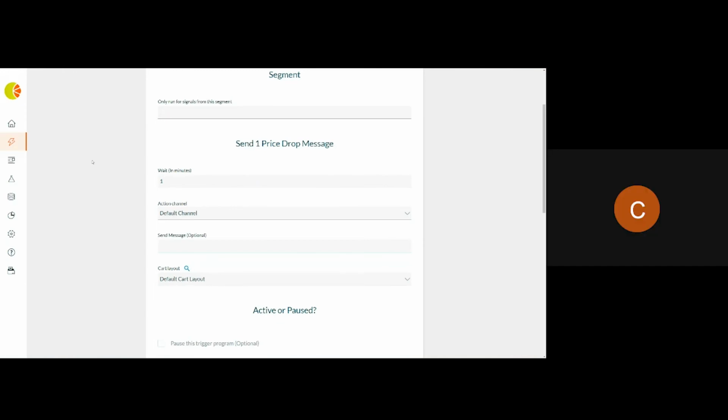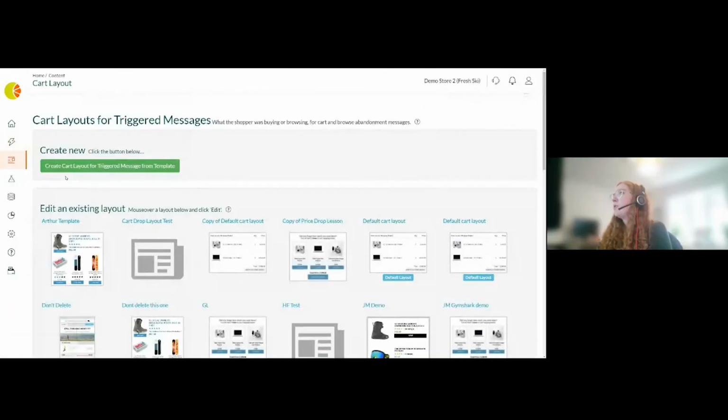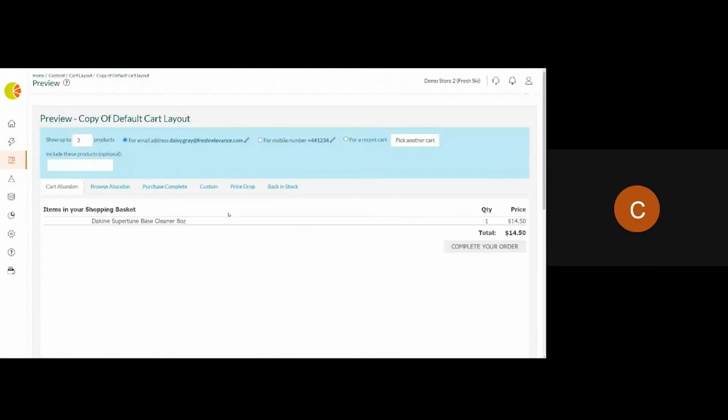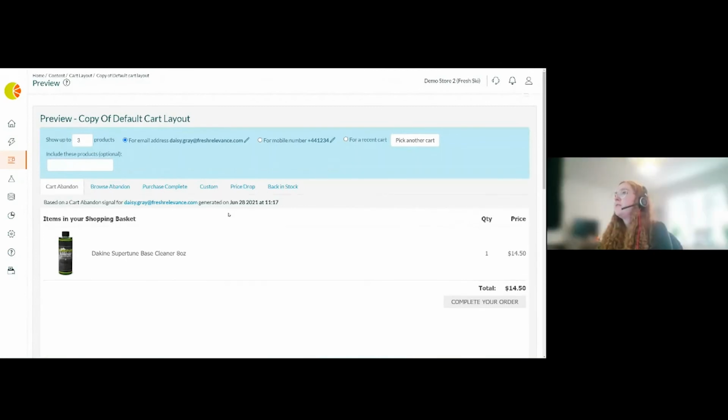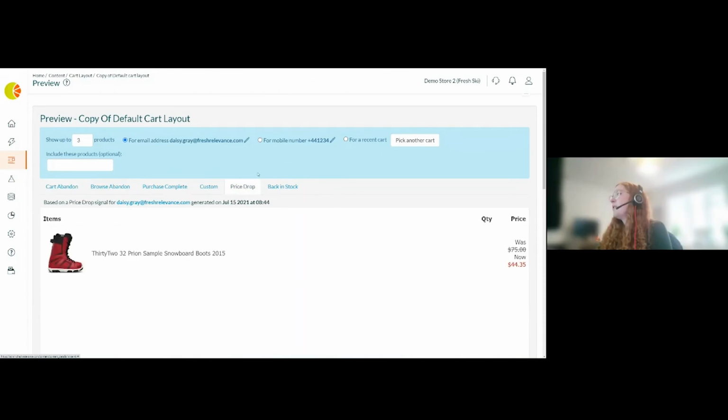So if you go to InFresh, if you go to content and then cart layout, what you'll see in there is all of your different cart layouts. You'll just need to identify the one that you're using at the moment in your cart abandon. It's probably the default if I remember last time I looked at your account. Yeah, it is the default. So if you click in there, now, can you see that we've got different tabs? So there's cart abandoned, browse abandoned, purchase complete. If you click on the one that says price drop,